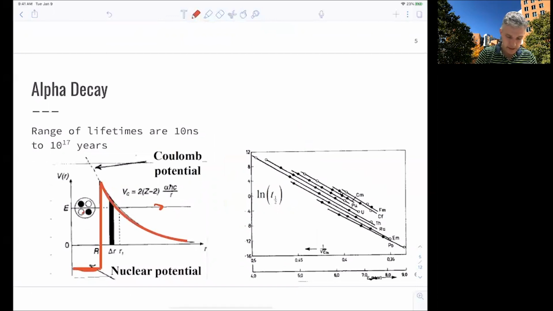The alpha particle sees a really deep well of the nuclear potential, and it also sees this boundary here, this barrier of the Coulomb potential. So for the alpha particle to be emitted, it needs to break through this Coulomb potential here. And you can calculate the likelihood using quantum mechanics, the tunneling likelihood,